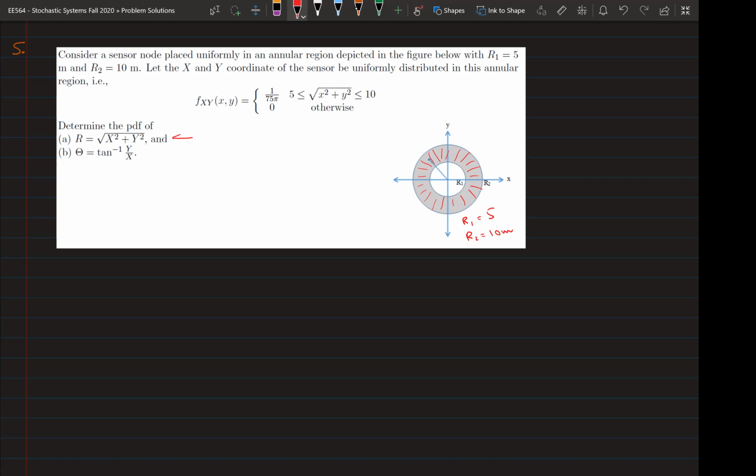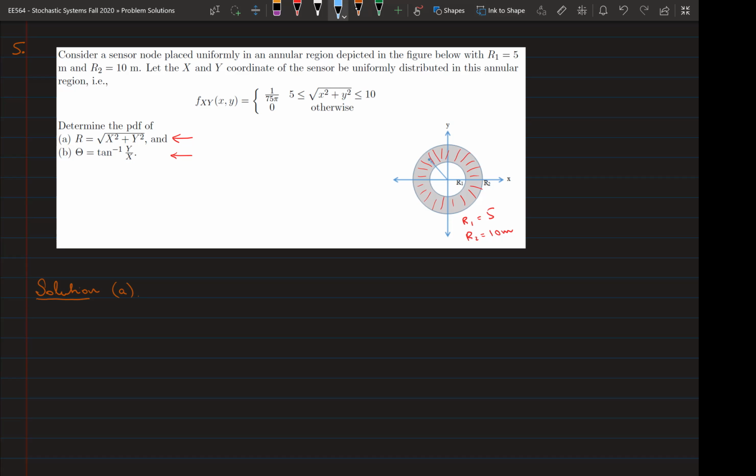the distance of this sensor from the origin. That's what we're required to find, and we're also required to find the PDF of the angle that the vector makes if you join the origin to the sensor, right? So the angle of the sensor from the origin, okay? That's what we're required to find. And the way we're going to go about this is very, very similar to all of the examples that we've done in class. So I'm going to do part A first, where I'm required to find